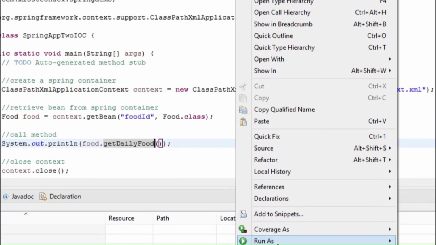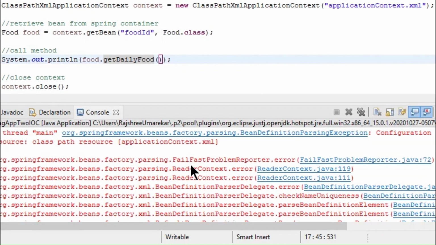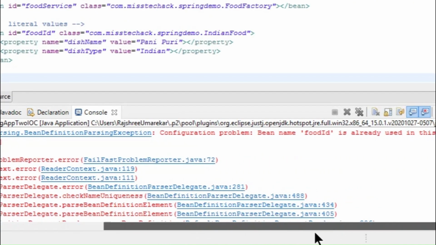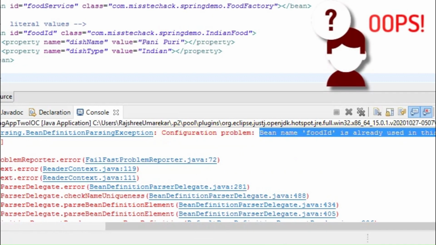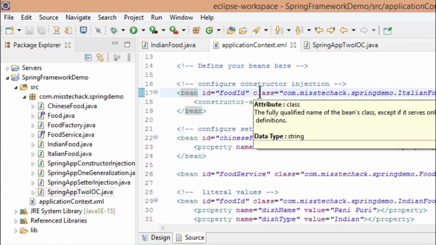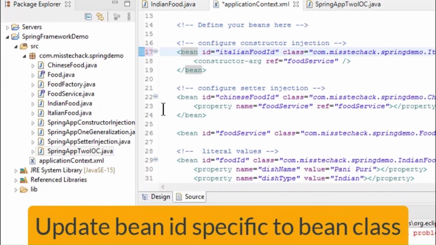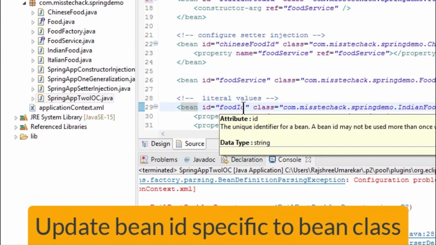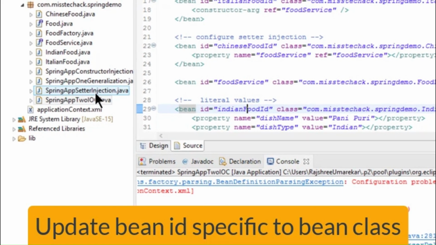Now, if we run the application, we are getting an exception: Bean name food ID is already used. Under application context.xml file, let's update the bean IDs specific to its bean class in order to avoid any confusion.